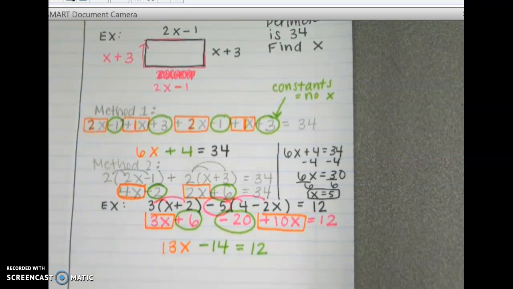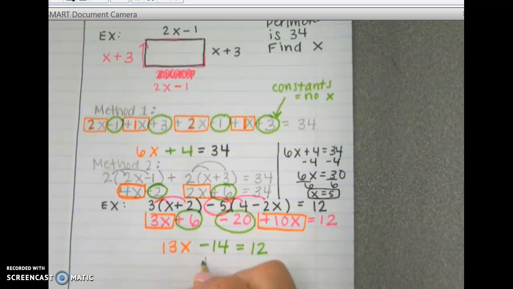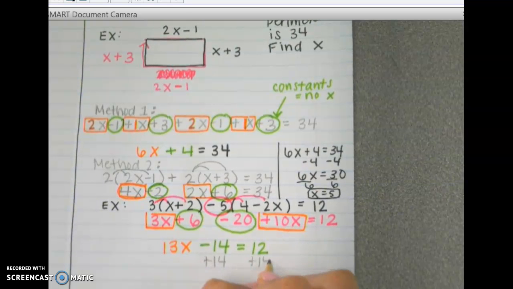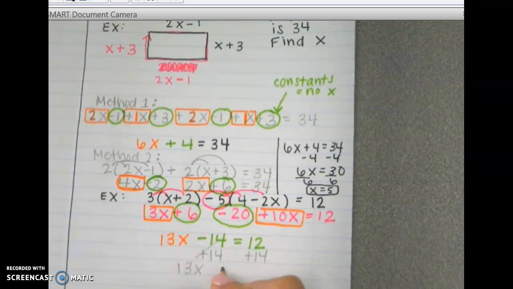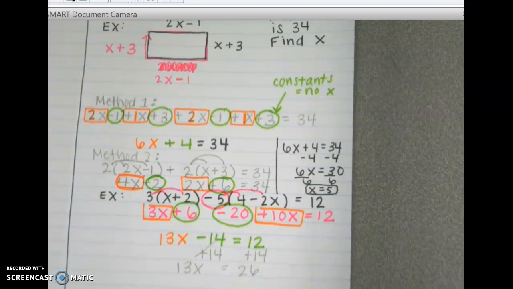Equals 12. All right, this is my two-step equation. I'm going to add 14 to both sides. I'm going to divide